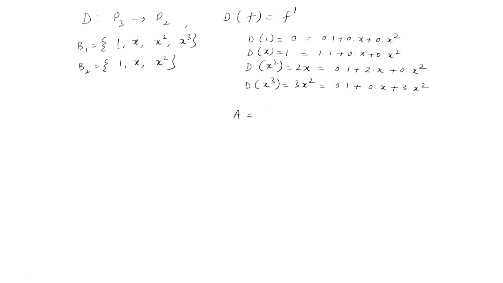So, what is the corresponding matrix? The corresponding matrix will be, you see, here the coordinates are 0 0 0. So, as a column 0 0 0, here coordinates are 1 0 0, here coordinates are 0 2 0, here coordinates are 0 0 3. So, this will be the matrix, which is of 3 rows and 4 columns. So, this is the corresponding matrix with respect to this linear transformation corresponding to these two standard bases of P3 and P2.